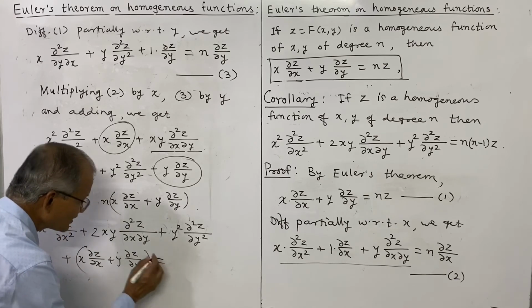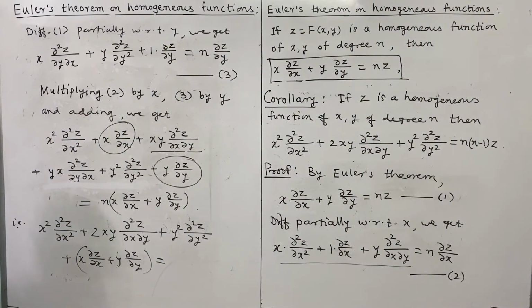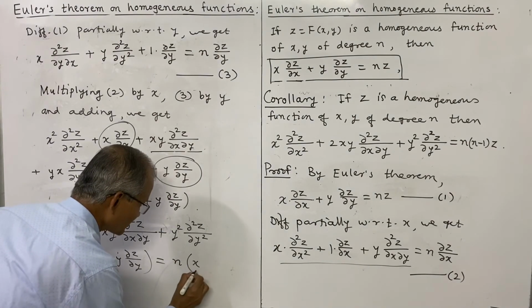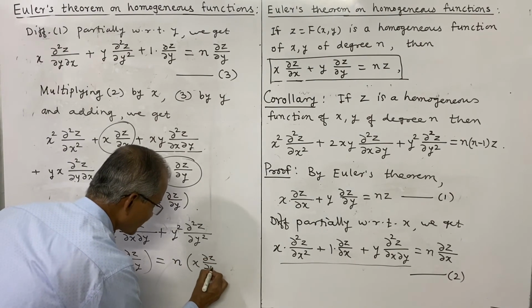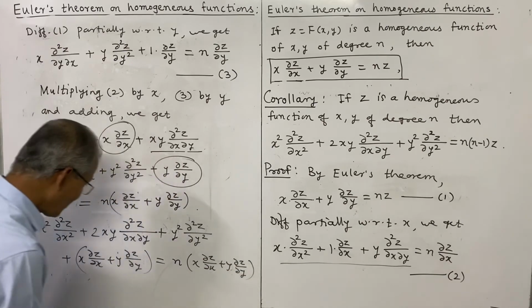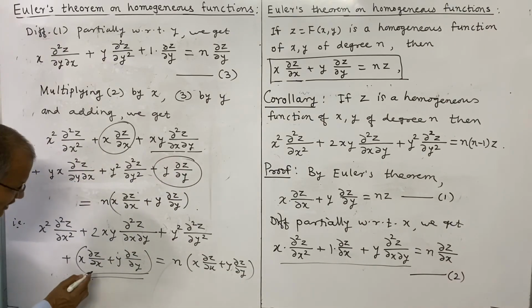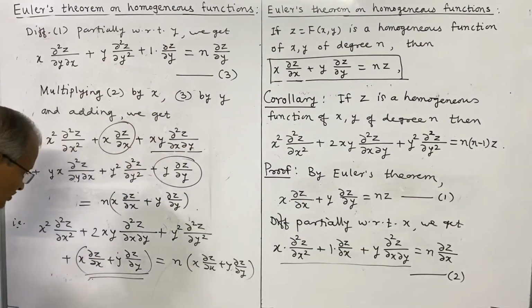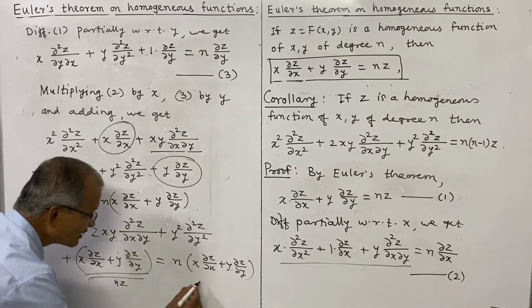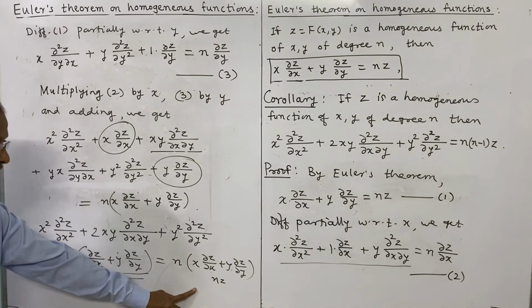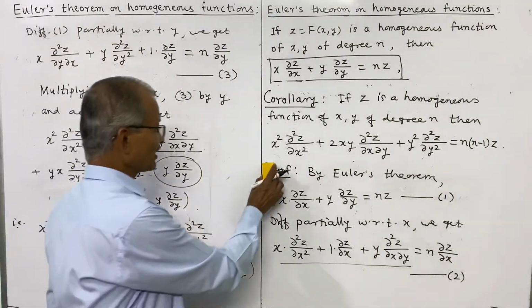This is written on the left side itself, and the right side is n times x dou z by dou x plus y dou z by dou y. Now we see the value of this term from 1 is simply nz. So this is nz and this is nz, and I shall transfer this term to the right side, and therefore the expression becomes,